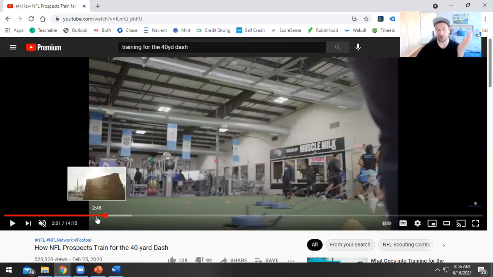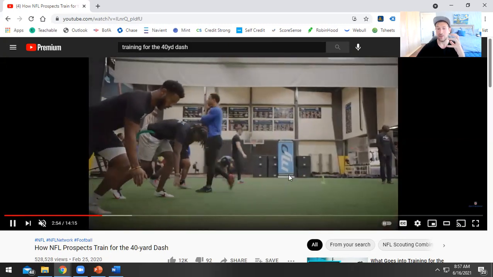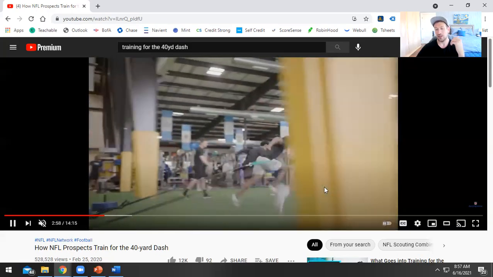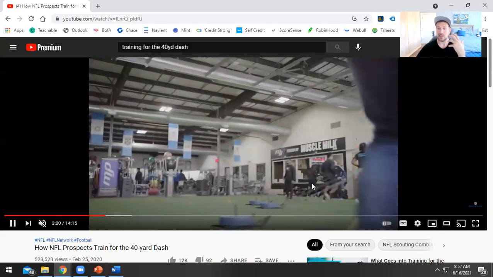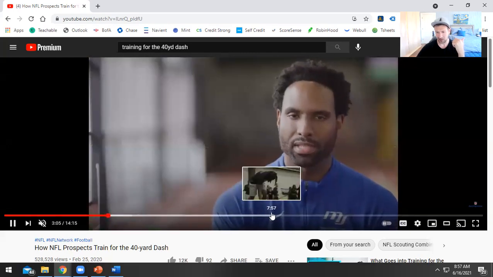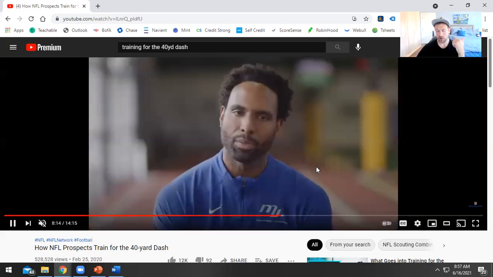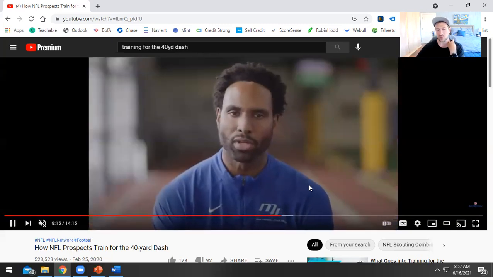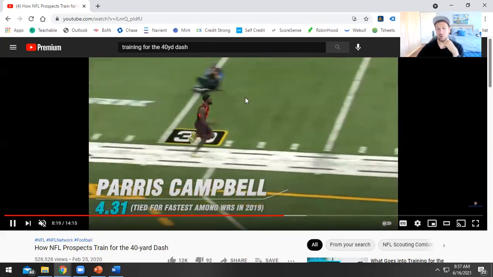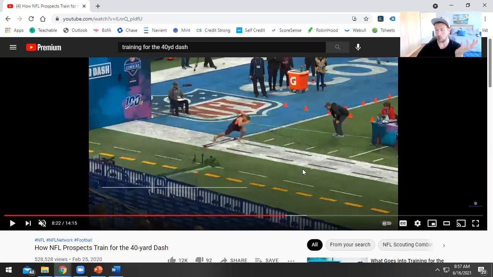They are just doing the beginning portion, which is all about a really hard drive off, right? So they have a big forward lean and they drive off. That allows them to kick harder into the ground. And then once they get to the later parts of it, it's going to look something more like this, where they'll start with a big lean and then you'll notice their body gets more and more upright until eventually they can't really produce any more force.